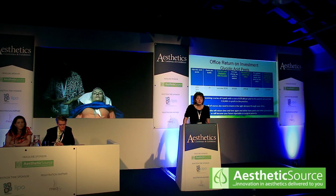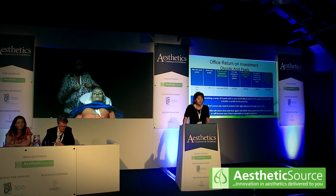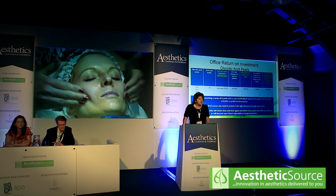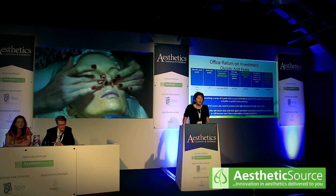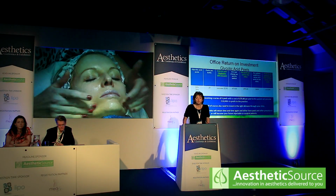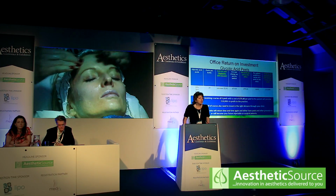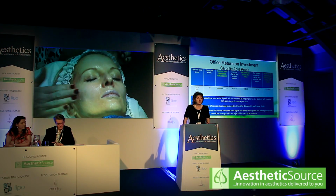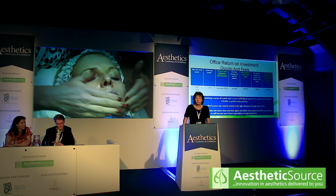Glycolic peels are not expensive. You can buy a peel bottle for around £30. You get 20 peels out of that bottle, which means your cost per peel is about £2. Okay? Now, if you're charging £75 for your peel, and £75 is the average UK price for a glycolic peel,